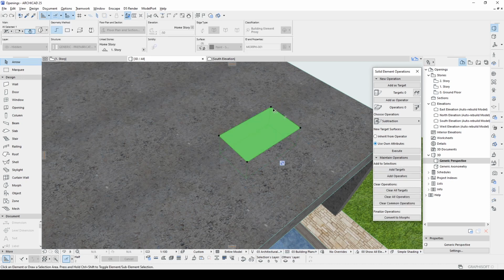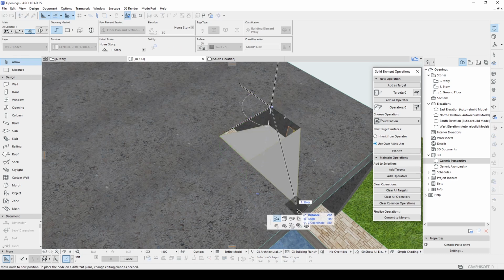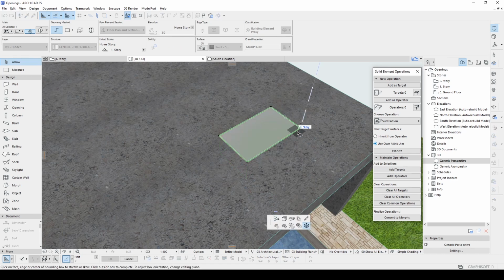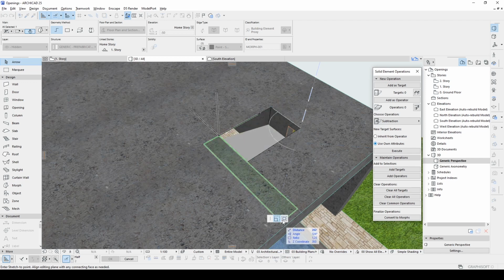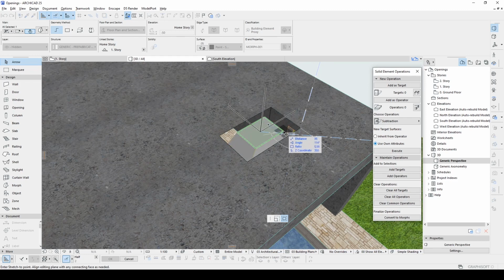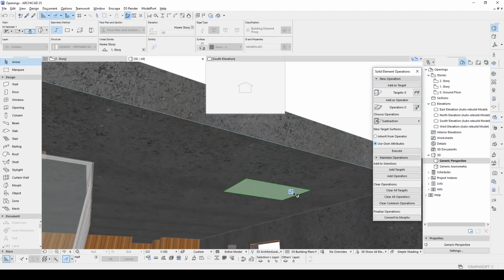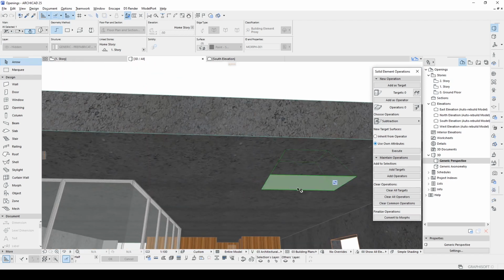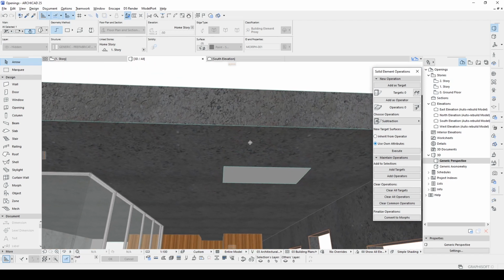First, I select this surface and reduce its size. Something like this. And you can already see the shape I created.